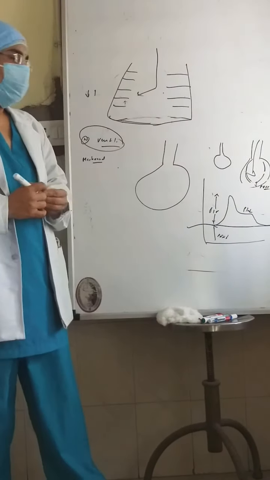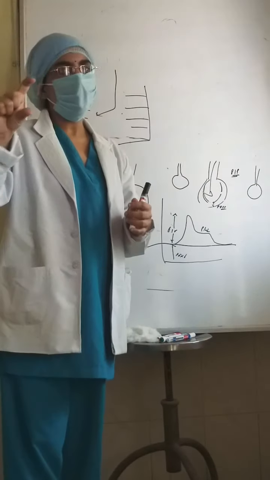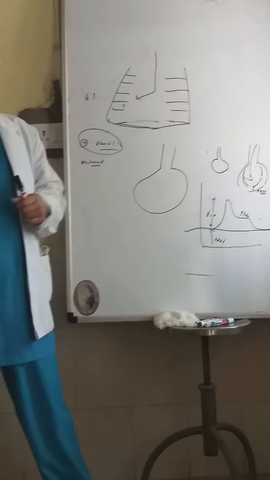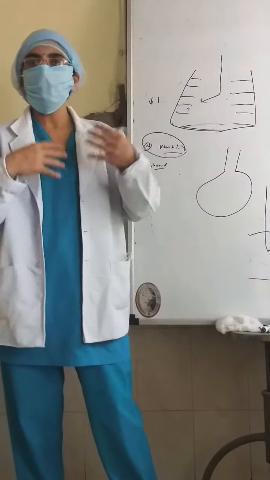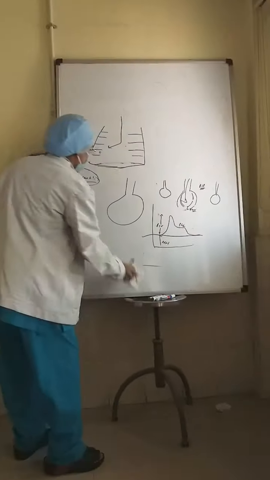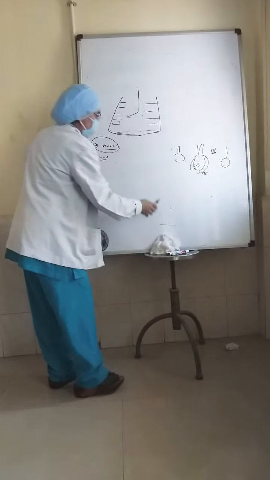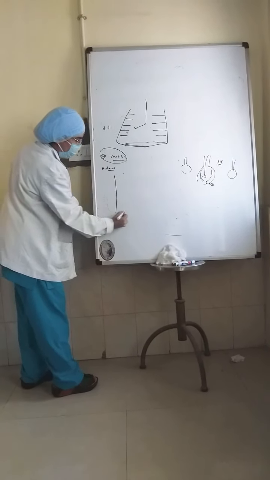That is why we need to initiate with a little more pressure and then ventilate with an optimum pressure. Now how do we decide that optimum pressure, what the rate is, how much PEEP is required? I will tell you in the coming lecture. Now you see the pressure ventilation curve first.